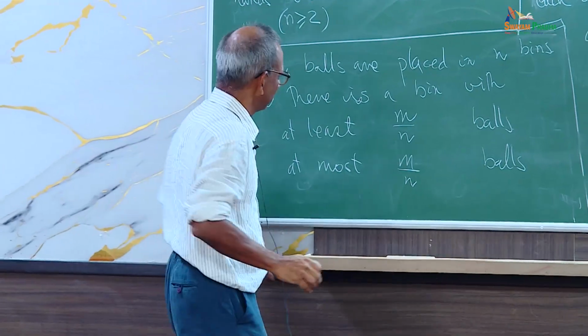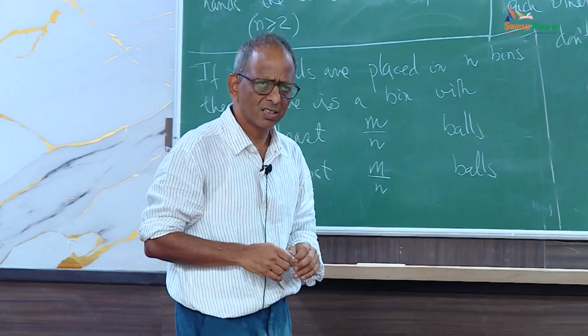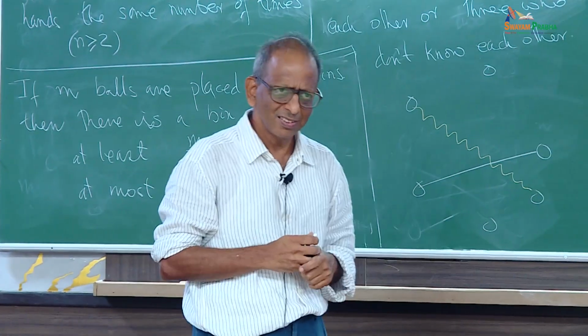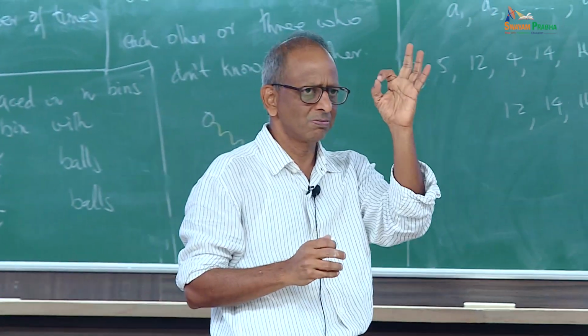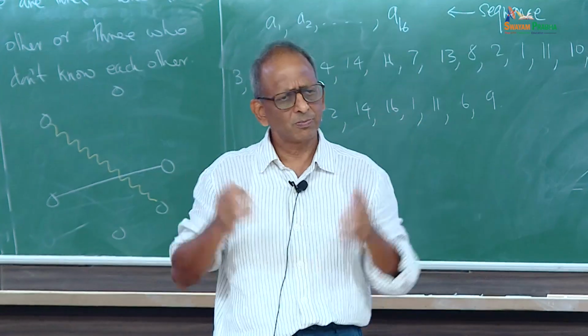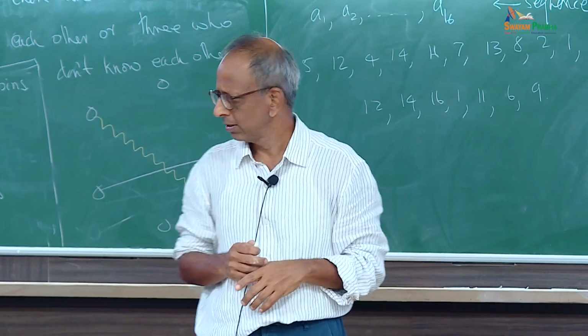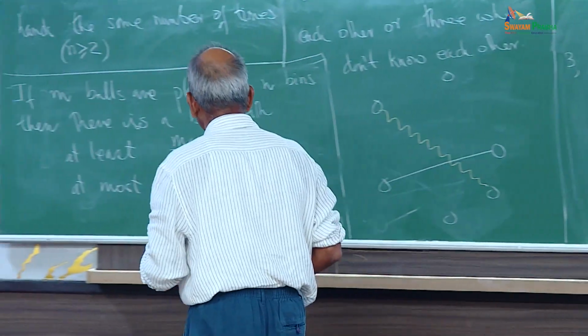Question. But this is taking the worst case, right? There could be a case where 3 bins have 0 balls and the last bin has all of them. Yeah, but in this case, that actually